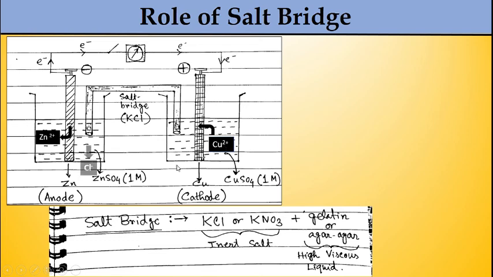So that's why there is a role of the salt bridge. If you use KCl, the Cl minus is the negative part. As this solution becomes positively charged, Cl minus comes out from the salt bridge, and overall the solution becomes neutral. Similarly, the copper 2 plus goes into the copper electrode, so the sulfate ion is in excess and this becomes negatively charged. It becomes neutral when potassium plus comes out from the salt bridge. So overall the solution becomes neutral.